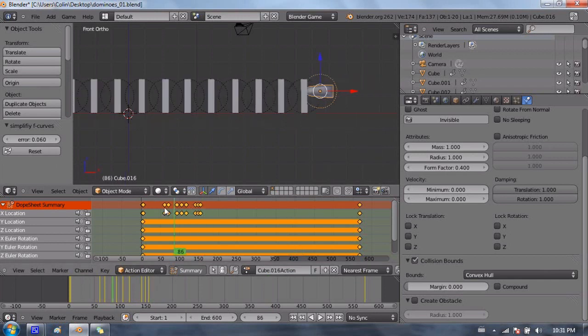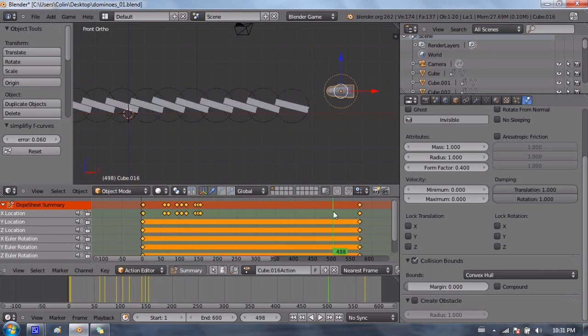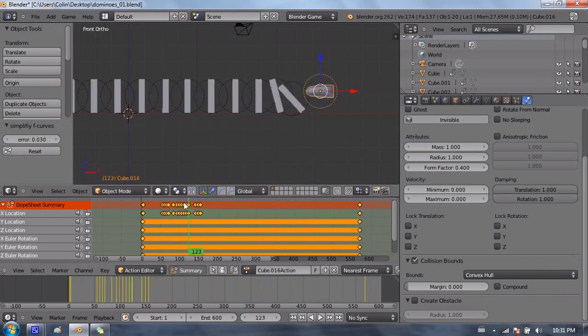You'll see now that if I scrub through, the animation looks exactly the same, except all the keyframes from about 155 all the way to the very last keyframe got erased because they weren't needed. The finger was still during that time. I'm actually going to go back down to 0.03, so we have a few more keyframes. Actually, you know what? I am going to stick to 0.06, because that seems to work out really well